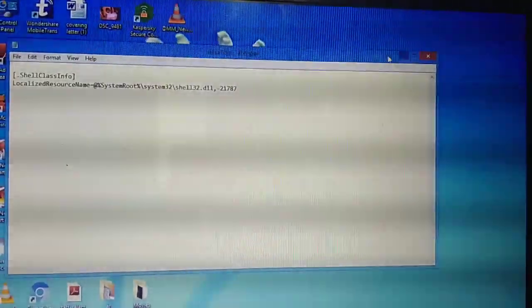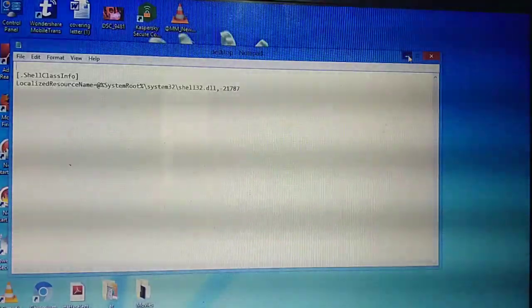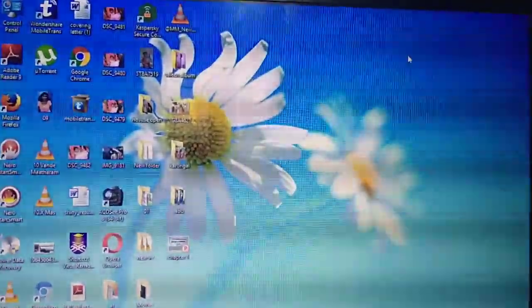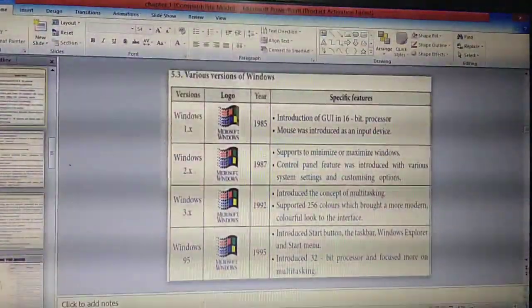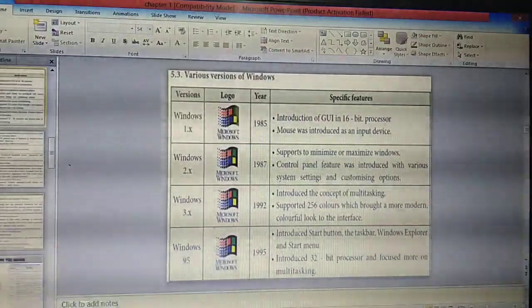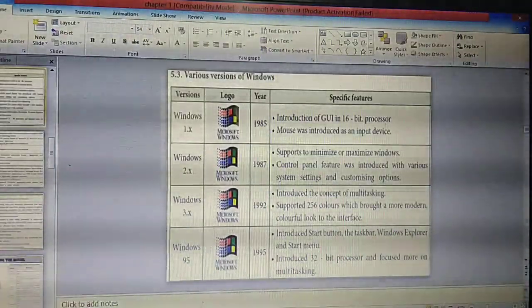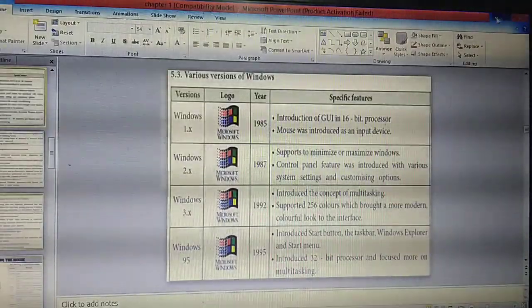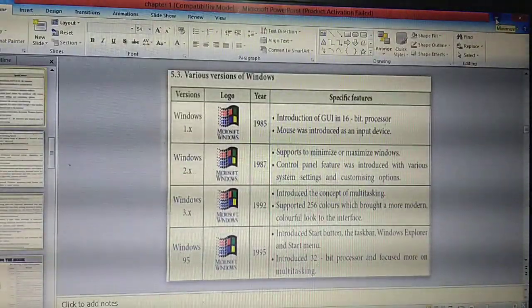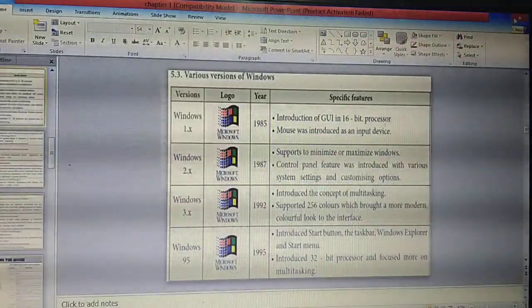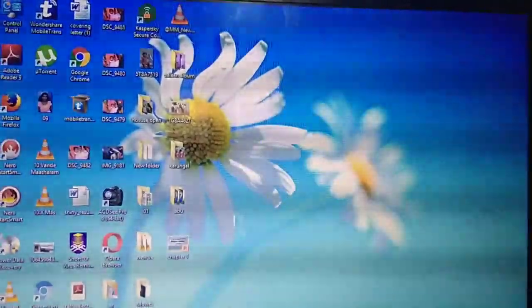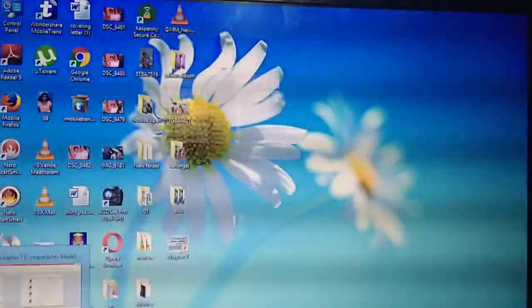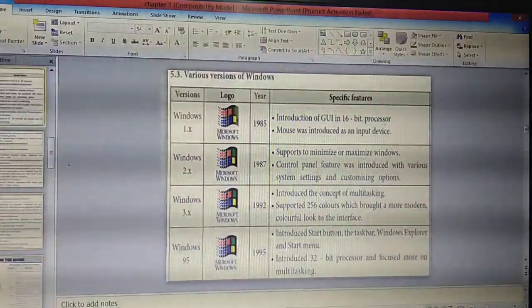Understand? Here also 3 buttons are there. See, minus, this is the minimize button. I am minimizing. Now I am going to maximize that one. Once I click on this, the screen will appear again. This is called minimize and maximize. In each and every application there will be 3 symbols at the corner. Minus means minimize. If you click it, the screen will minimize and you can view the file down there. Again if you click that file, the particular screen will display on your screen. That is called maximize.